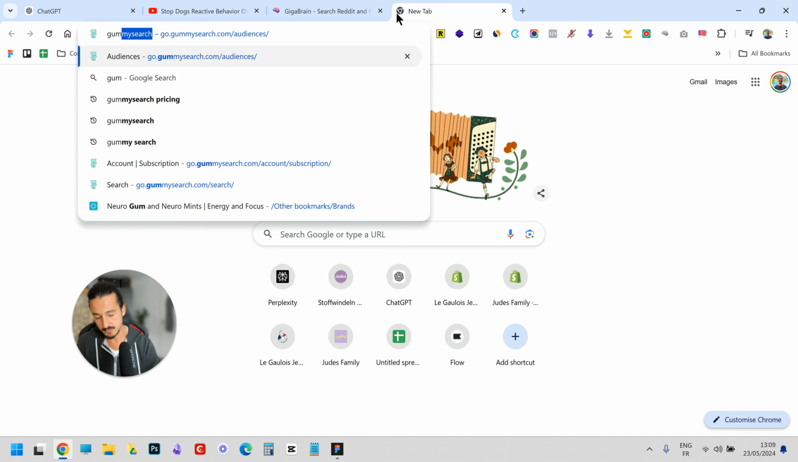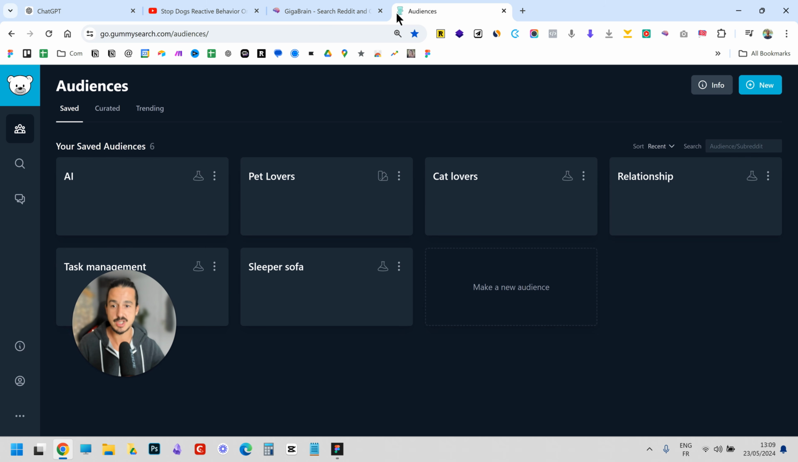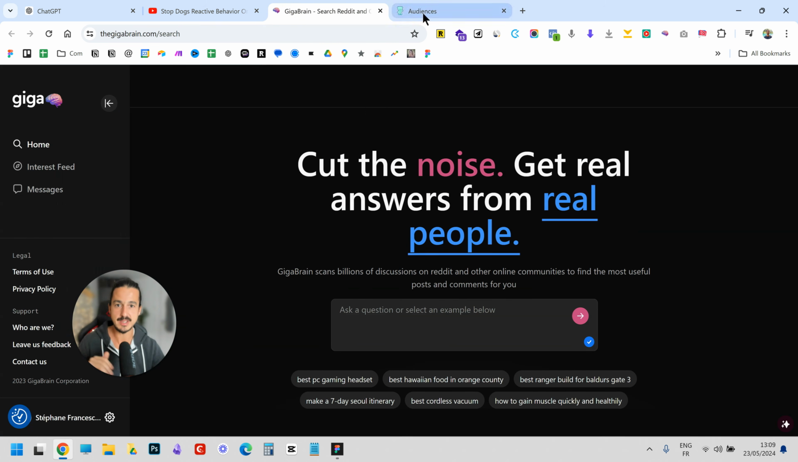There is another tool which is awesome. I'm not going to use it in this video. It's Gummy Search, and I'm probably going to do a full video about it. But the problem is that not everything is free on this one, so I just wanted to use everything free